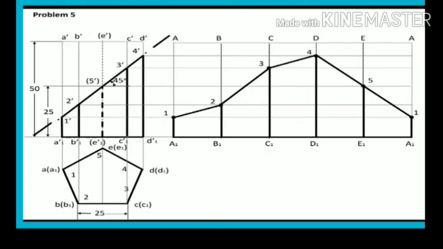After drawing the top view of the pentagon, we have drawn the front view and the action of the cutting plane according to the problem, that is acting inclined at 45 degrees to HP and perpendicular to VP, and acting exactly at the center, bisecting the axis. Similarly it cuts the vertical edges of the prism. We have named the points A1, 1, 2, 3, 4 and 5. The points are transferred from the same vertical edges as they are named. Here the same methodology is followed.